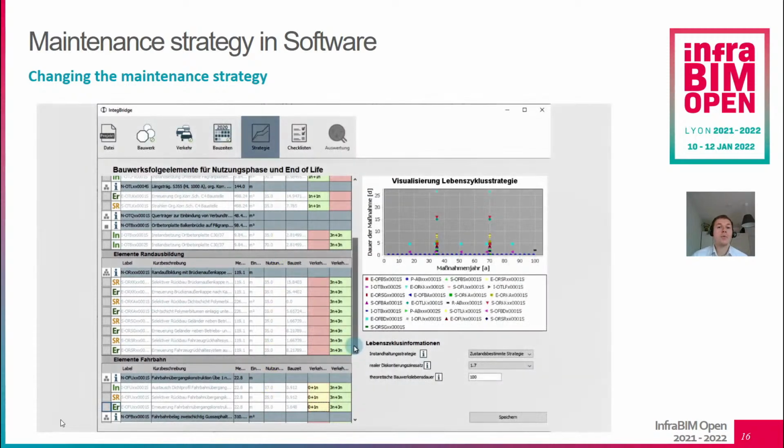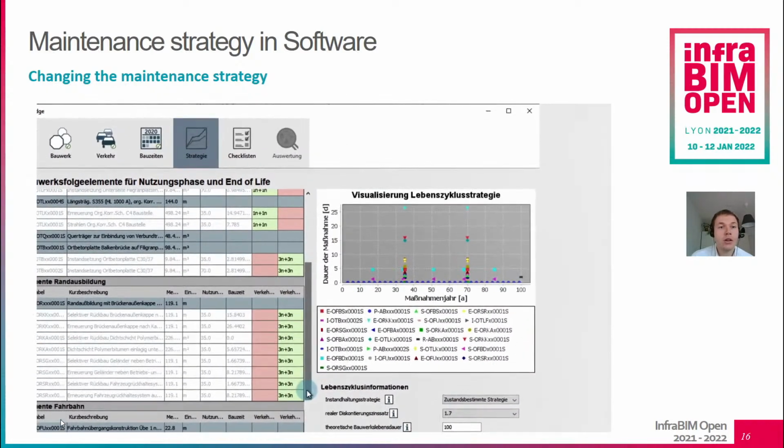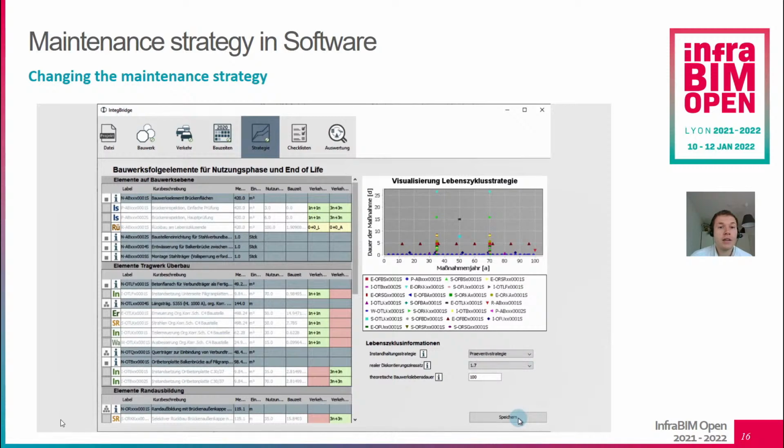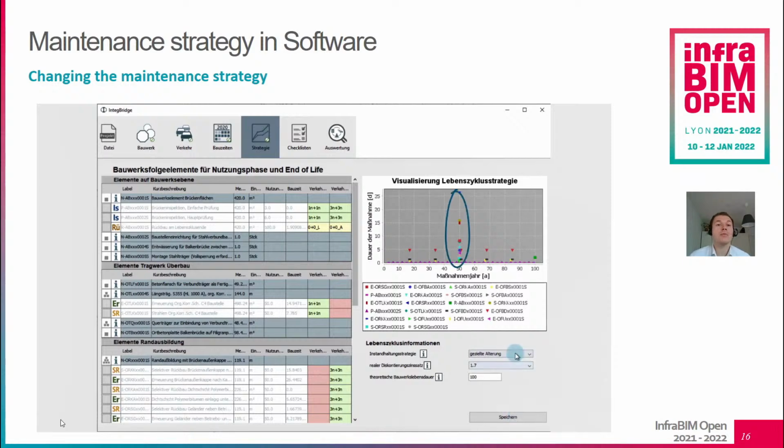For example, we have our condition-based strategy where we have a lot of measures done in the year 35 or 70, and now we can also choose another strategy, for example the preventive strategy. This strategy has other renewal cycles and other service lives, and therefore more measures. Or we can use our strategic aging strategy where we only have a lot of measures in the year 50 and otherwise only the necessary measures. So each element has different service lives stored in the database depending on the strategy, and not all elements are used for each strategy. So when you choose a strategy, these elements get from the database into the project.